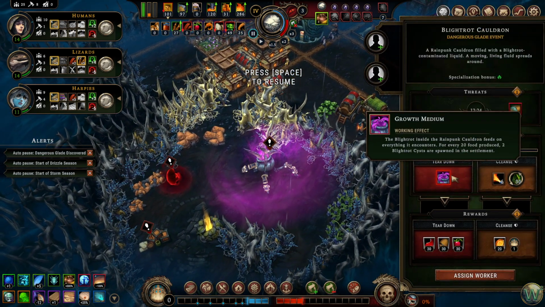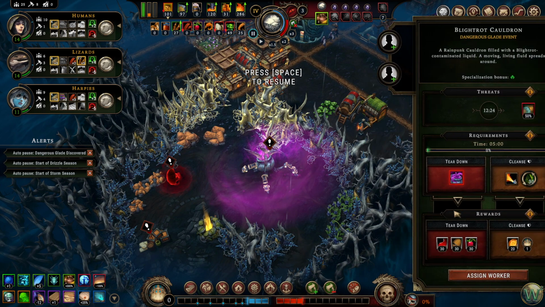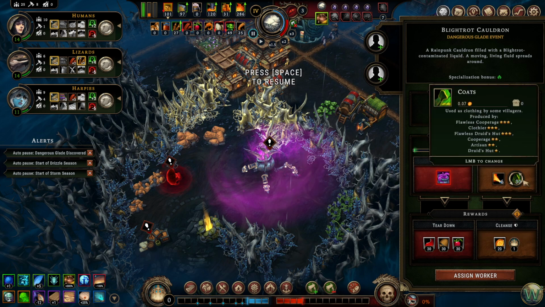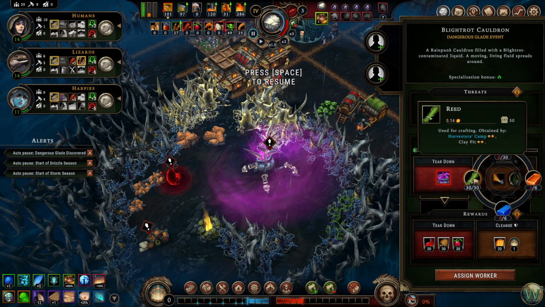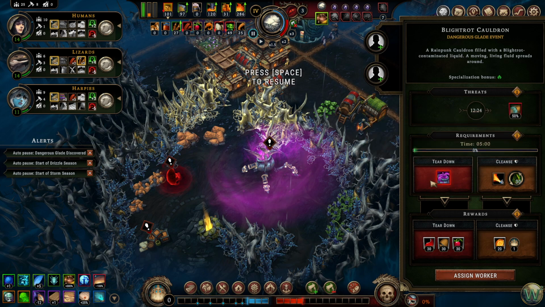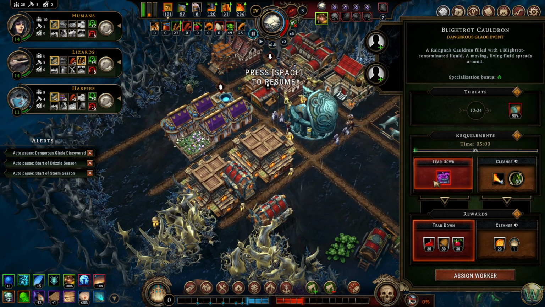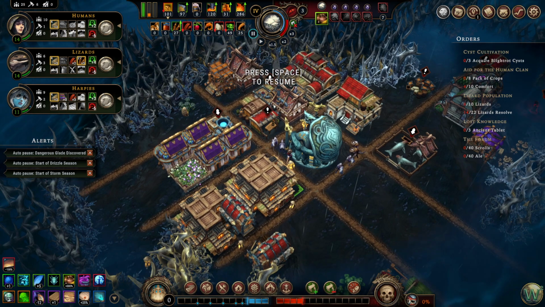For every 20 food produced, 2 Blight Rot Cysts are spawned. Well, we could use that because we need 3 of them here. Or we could just burn this sucker down if we had, which we have the reeds, if I want to spend the reeds. We could stop the food production, all except for maybe the raw stuff. We could even stop that. For every 20 food produced, 2 Blight Rot Cysts. We do want some of them to spawn. Let's just go ahead and start it. And then we can turn off...